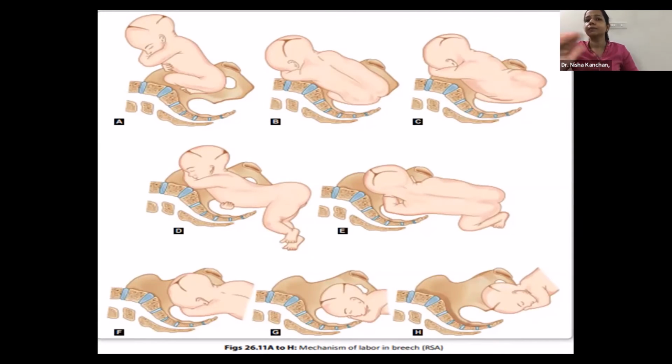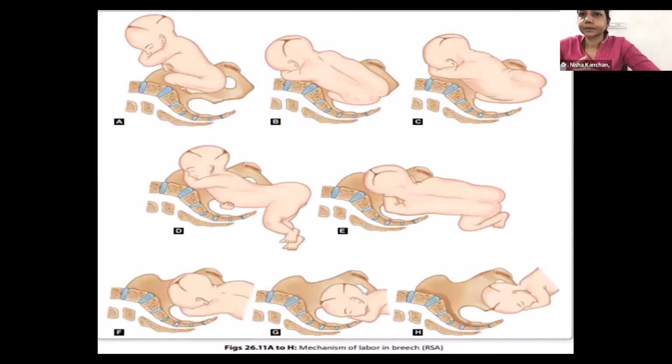Same thing happens in breech, shoulders, and buttocks. The breech enters in the oblique diameter, delivers in the AP diameter. Shoulders enter in the oblique diameter. Again, in picture E, shoulders are delivering through the AP diameter. Head is entering through the oblique diameter. Now, finally, can you see the occiput in figure G is facing towards the pubic symphysis, which is always, even in a normal cephalic presentation, occiput has to face the symphysis pubis. It has come into the AP diameter and the occiput delivers.